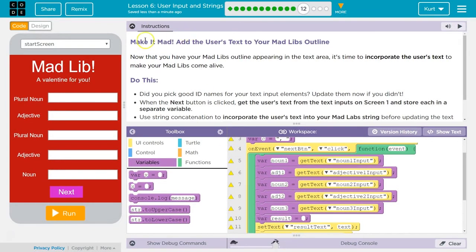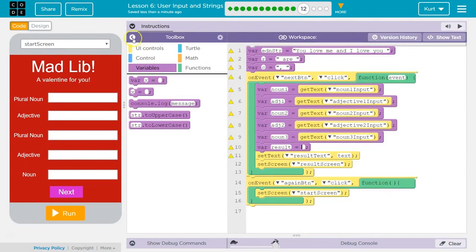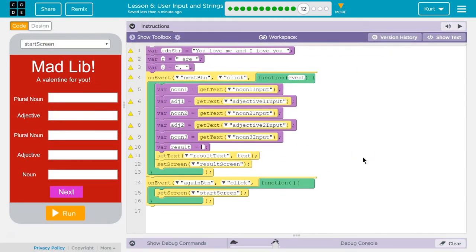And so what mine's going to be, result's going to be equal to, and this is where you concatenate, you join together, you push all your strings together, the string that noun1 plus R plus adj1, their first adjective, plus my comma, C, plus, and I guess I could have done it like this, which would also work if I wanted to, plus